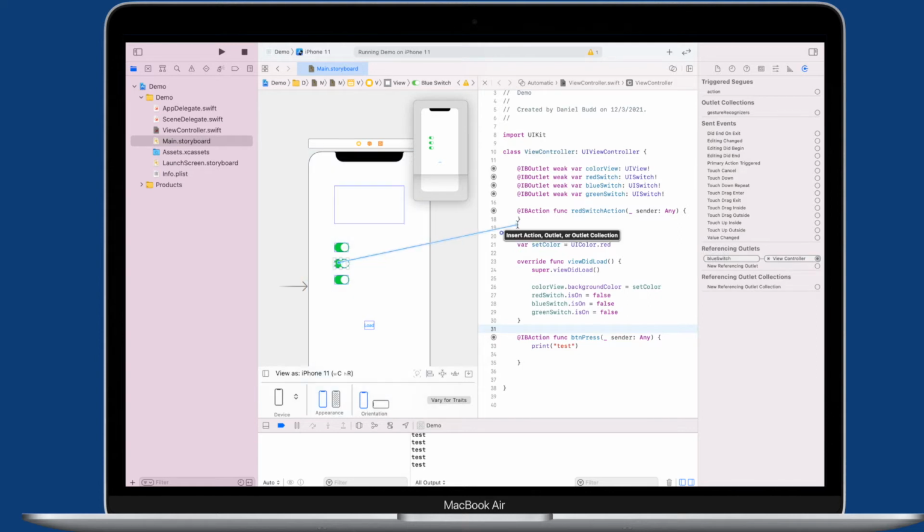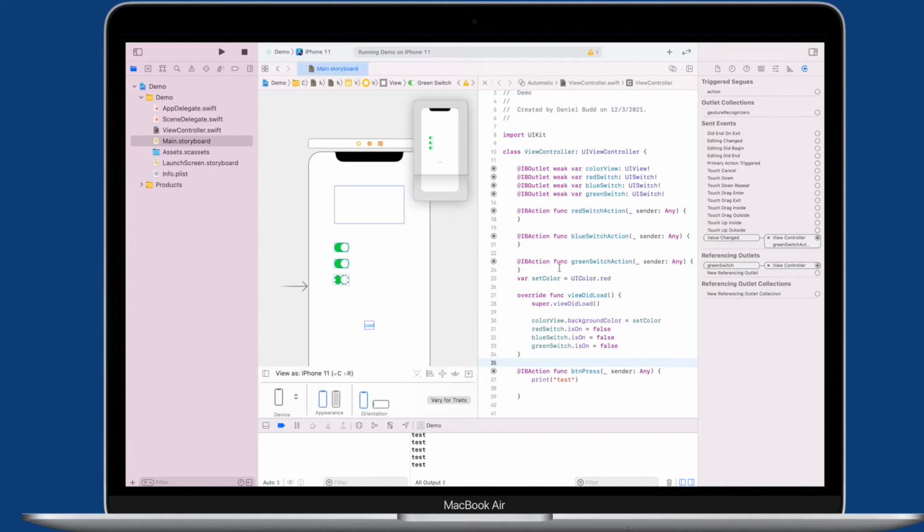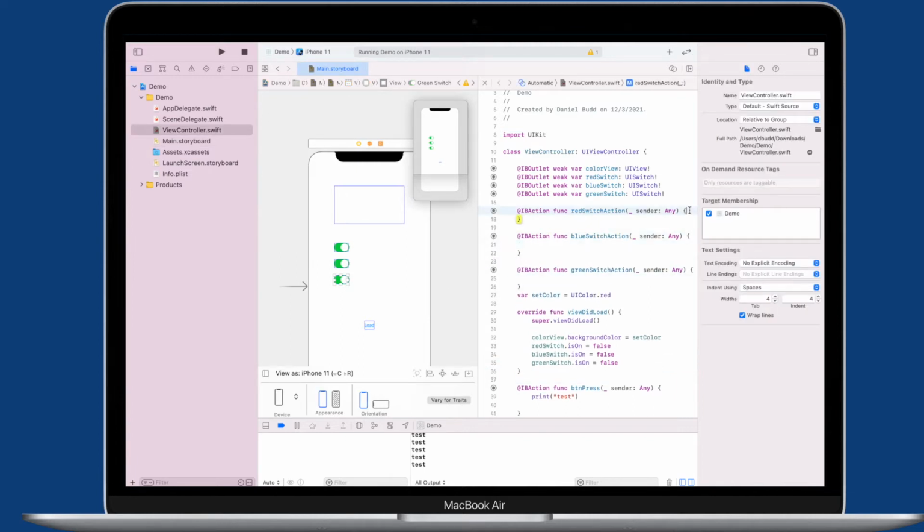My second item is blue switch action. And last of all, green switch action. Okay, you can call these whatever you like, but I've called those names just to keep the